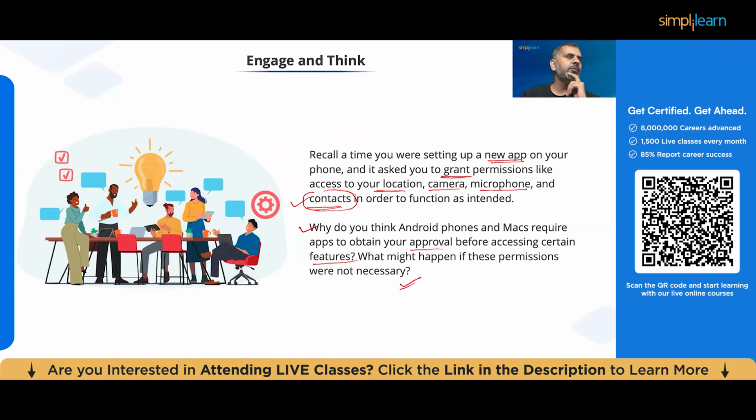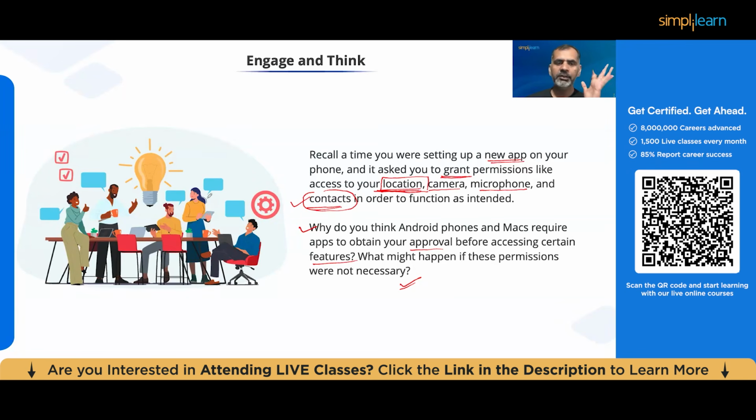Okay, what if, let's suppose, the application is tracking your location and consent is not taken from the user? Let's suppose the application is not taking any consent, but still it is accessing this part of information. When you try to access any kind of this information, from the user's point of view, this all comes under ethical data practices. If an application is accessing your location information, it can be used for surveillance practices by the application. And if the user is not aware that the location is being accessed by the application, this is wrong.